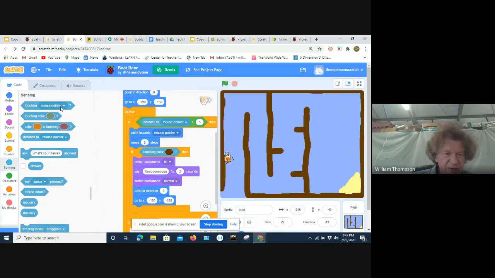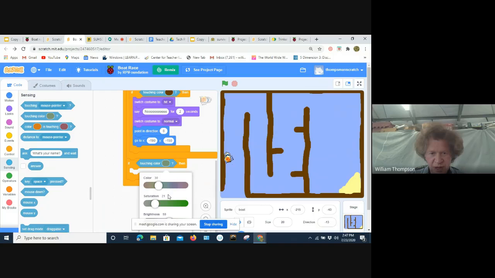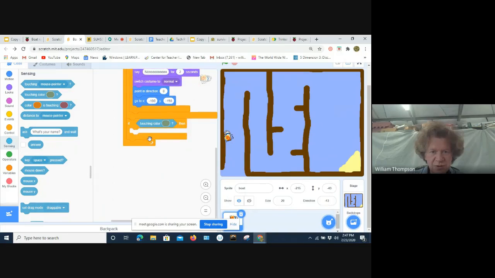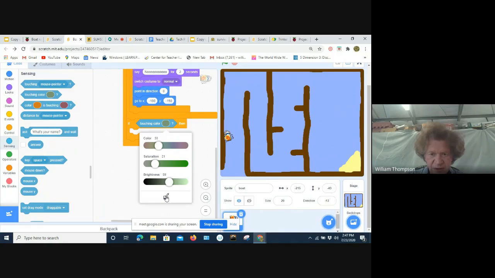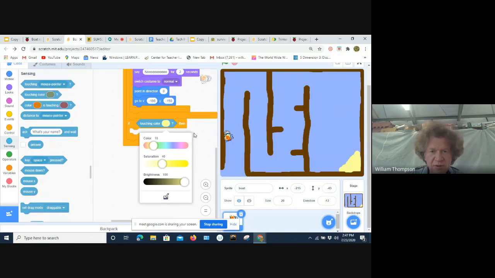If touching mouse. Okay, if touching color. And again, I'm going to use my little dropper. I'm going to move it up the screen because it went off the edge. I'll use my little dropper again and select my color.